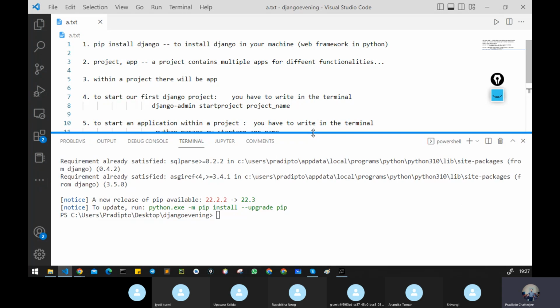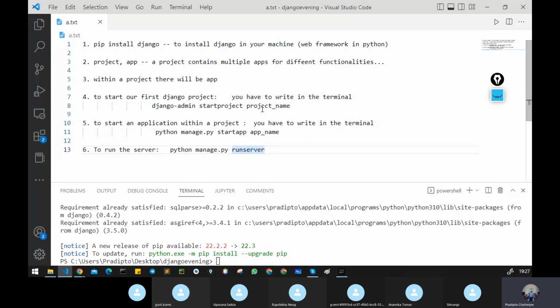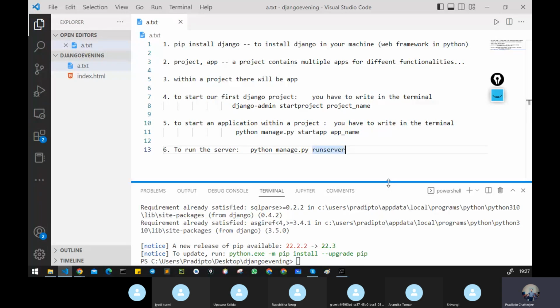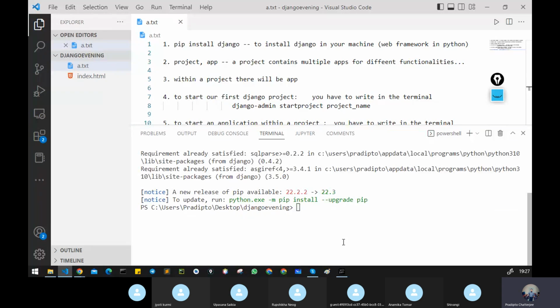So what I will do is, using the same syntax that I have written, and this is my file system where I am right now, I will open this terminal and write my code. What is the code? django-admin. I'm within this folder, the folder name is Django evening. So within the folder, I will write